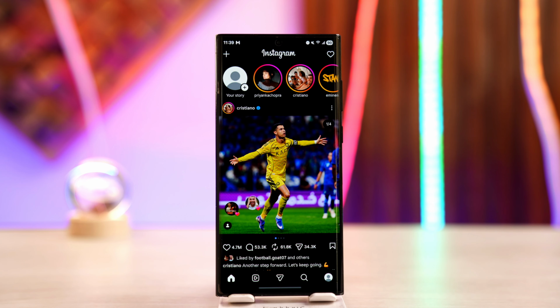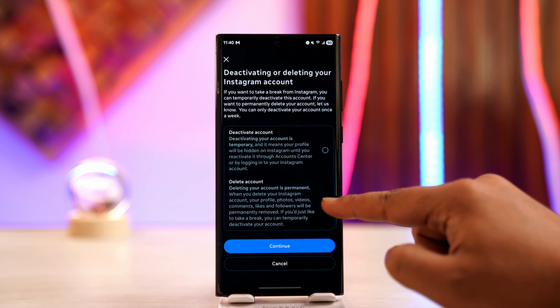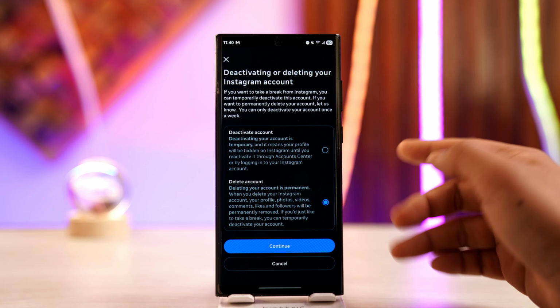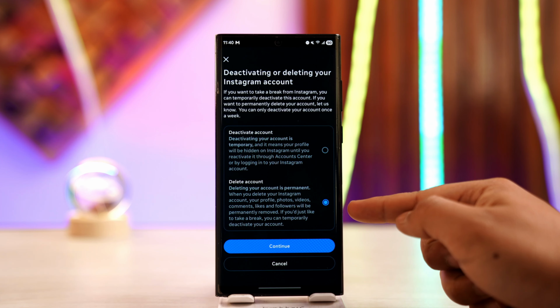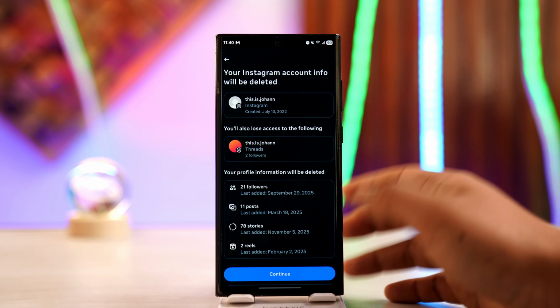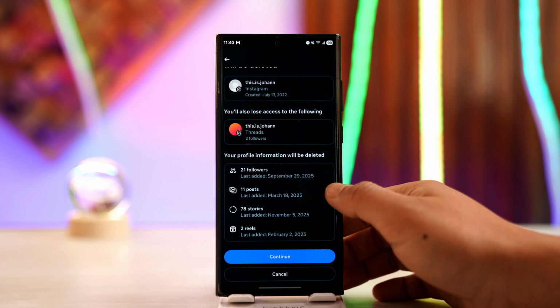Once you've done that, select the option called delete account. This is a permanent deletion. If you're not really sure, you can just deactivate your account, but if you're 100% sure, then tap on delete account. This process is irreversible, so tap on continue, and once you've confirmed it, you will be able to lose